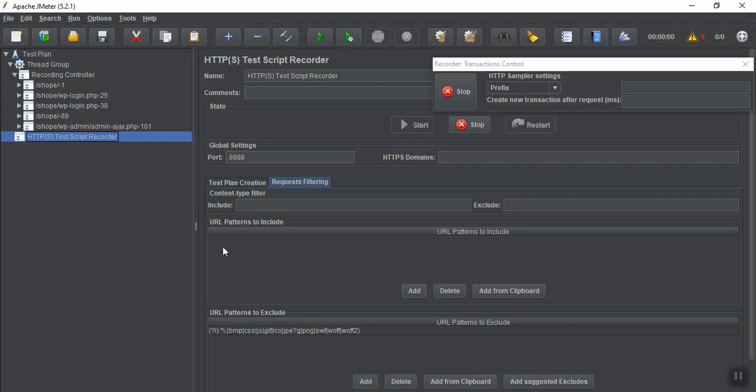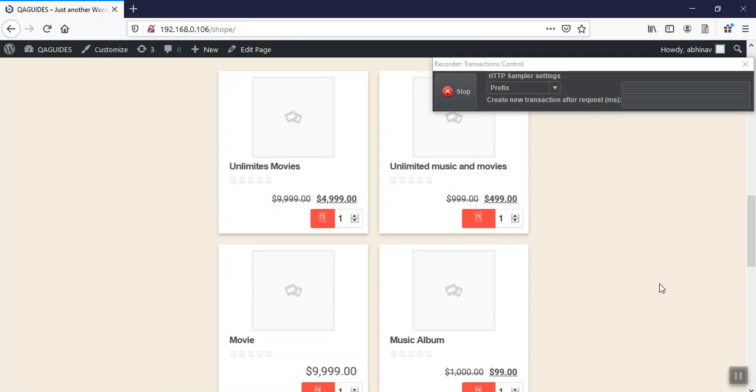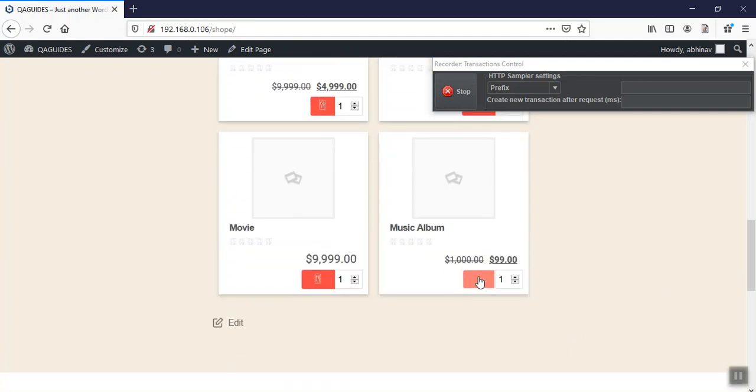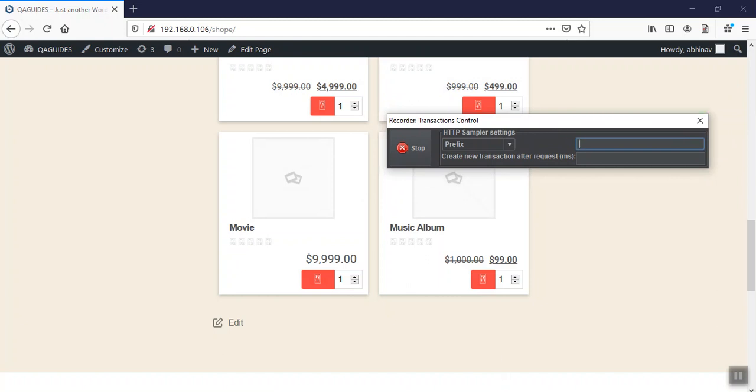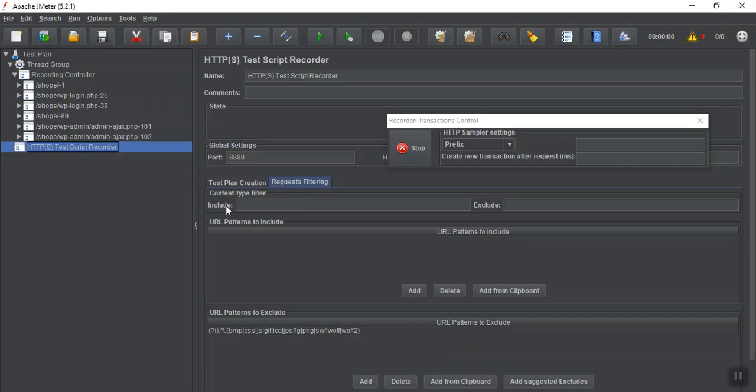If you go, a new request has been generated here. If I again add a new product, I add this product, you will see again the cart updated successfully. If you go here, you see a second request has been generated.